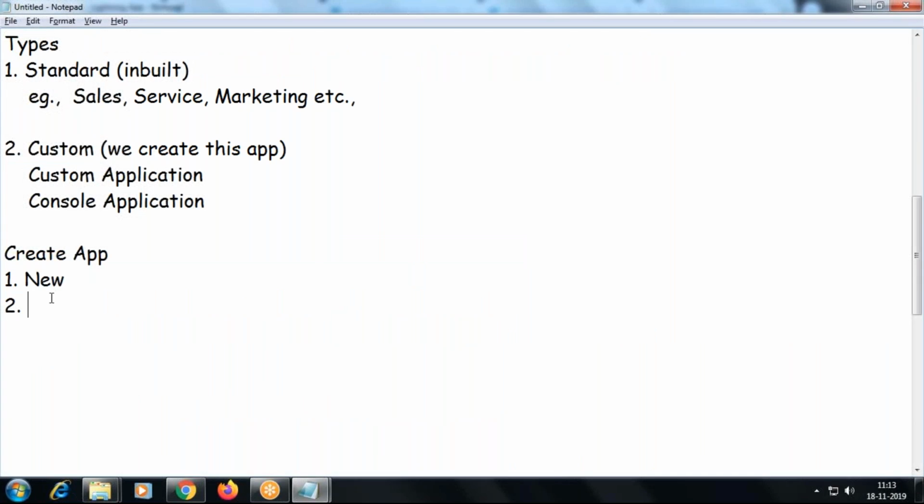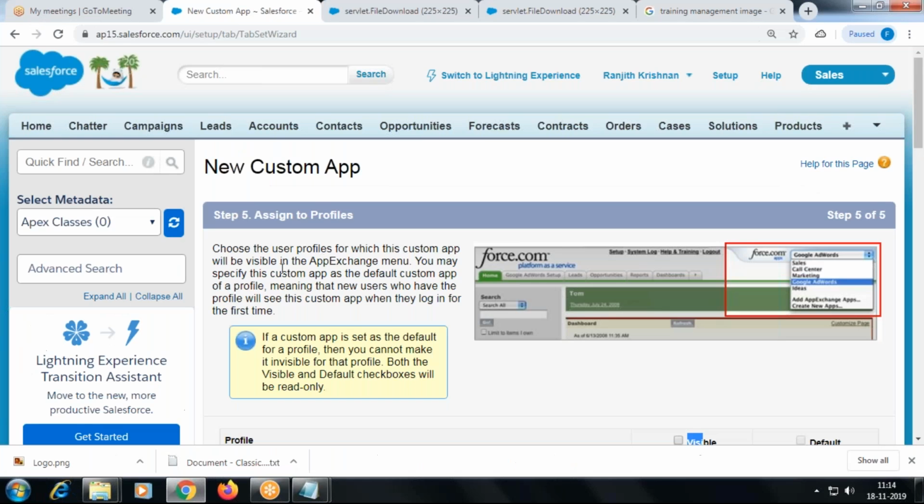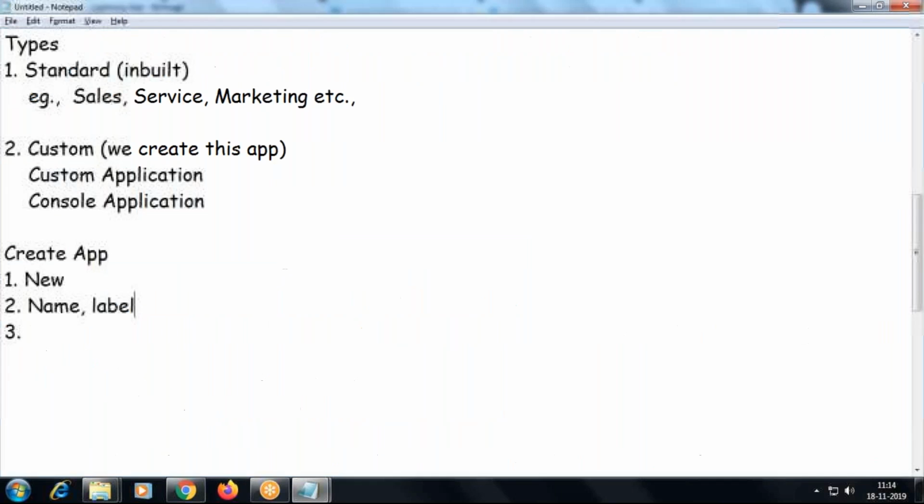Click the new button, then give the name and label, choose the logo, and assign to profile.